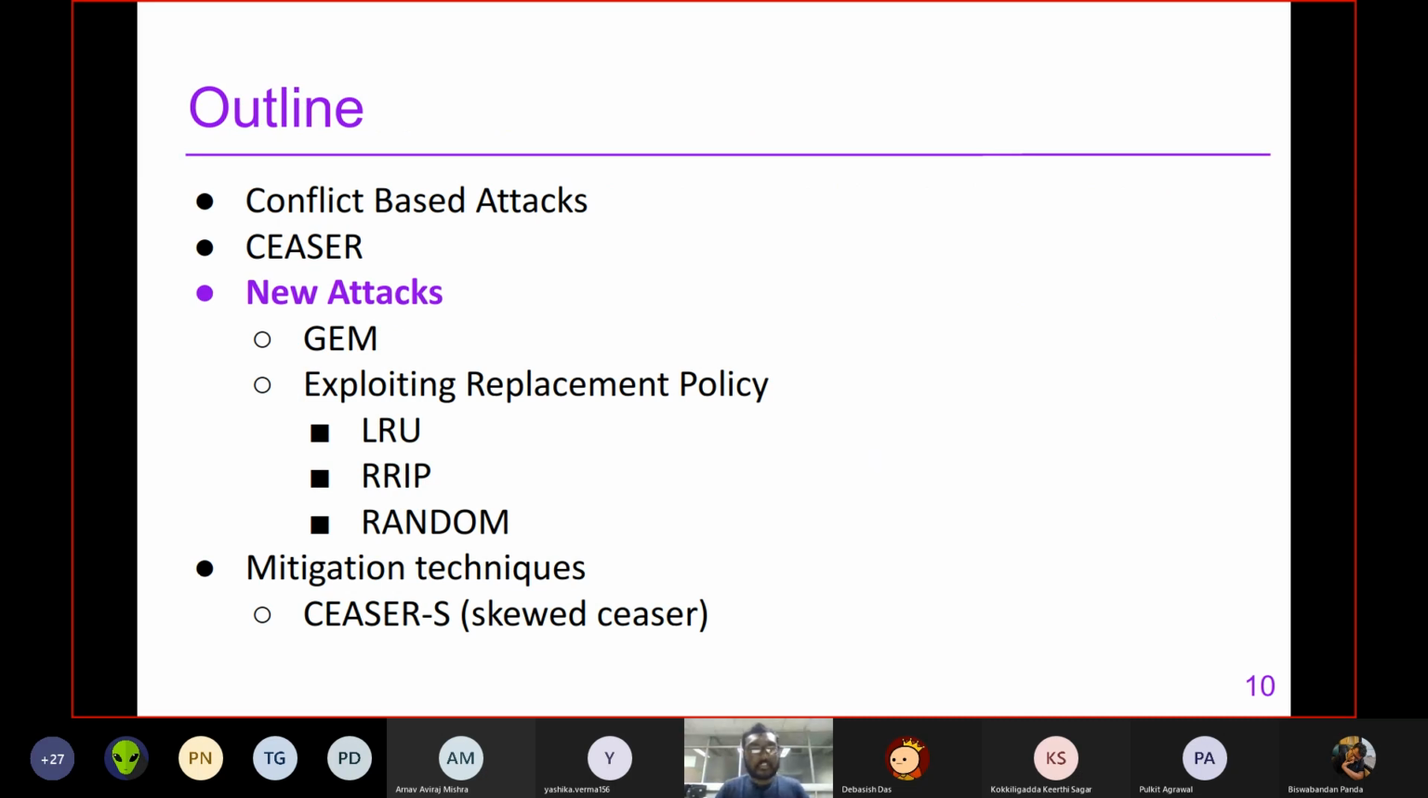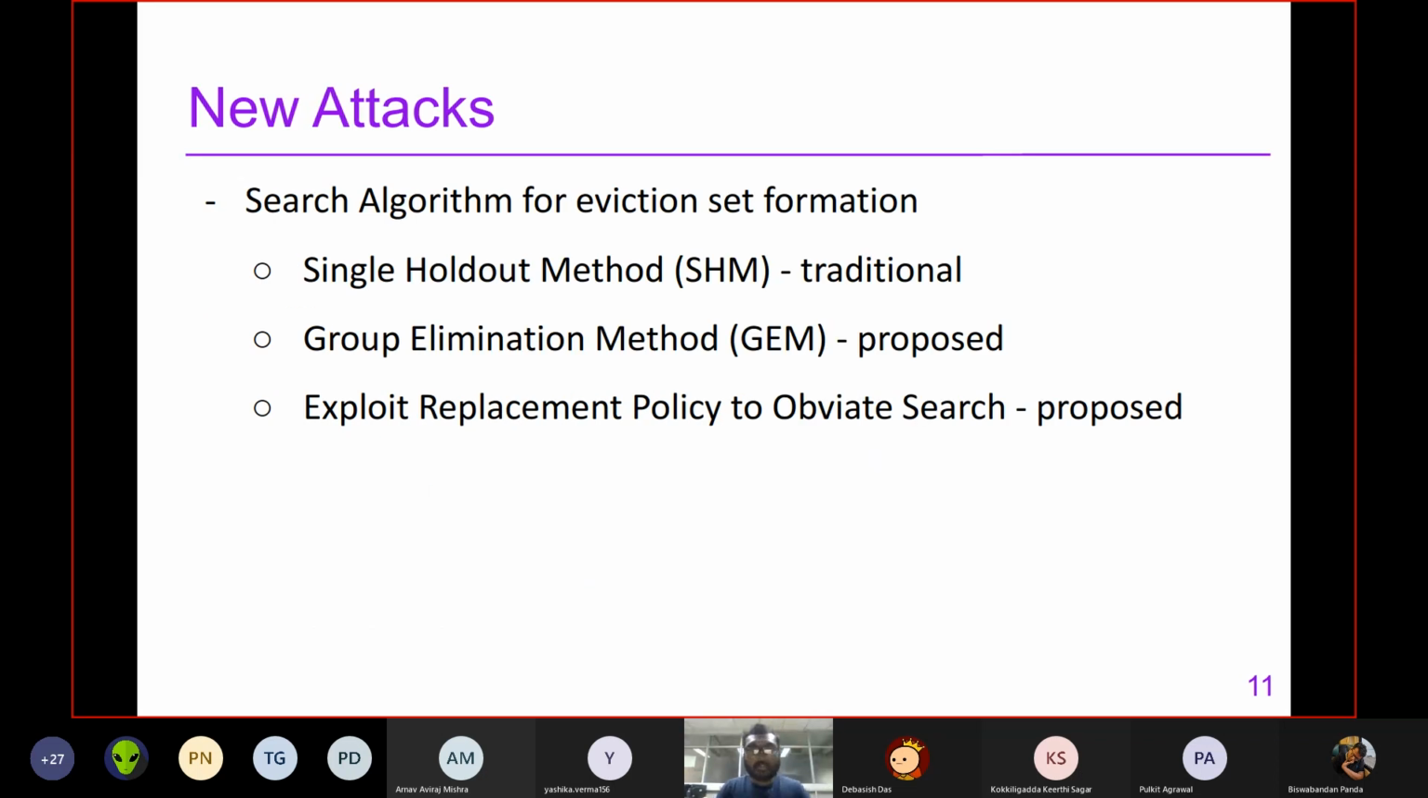So next we see some attacks that the authors have come up with to attack these randomization based systems. So they have proposed two algorithms. One is the group elimination method, and the second strategy is to exploit the replacement policy to remove the